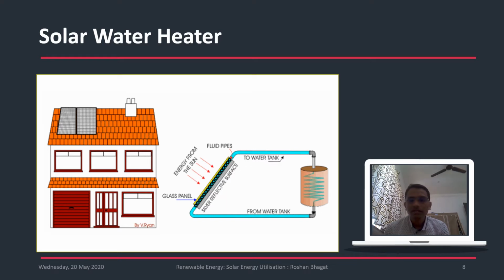Now the solar water heater should always be exposed to sunlight. Wherever we have shadows falling, in those cases we are not supposed to keep this flat plate collector there. Wherever ample sunlight is falling throughout the day, in that place only you have to keep this flat plate collector.